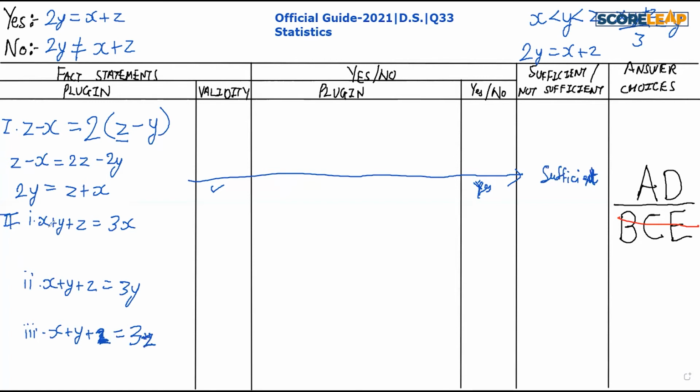If I simplify the first one, I get 2x equals y plus z. Or simply, can I write it as z minus x plus y minus x equals 0? X, y, and z are three different numbers, keep that in mind. We will write all the possibilities for all three of them. From the second one, we clearly get 2y equals x plus z. So here we got a yes for the second case.